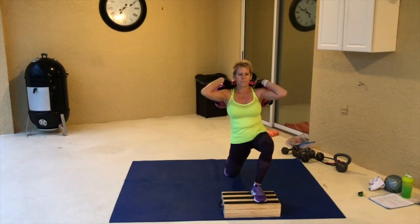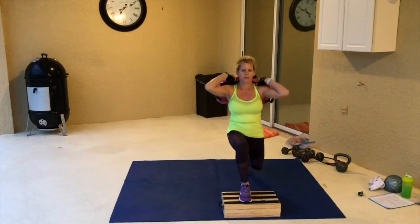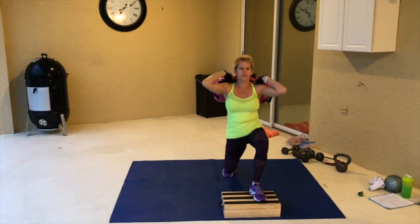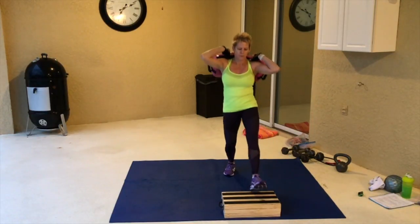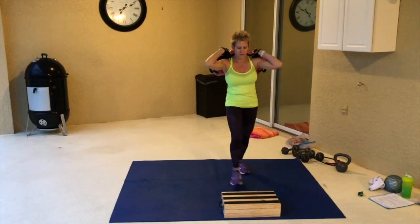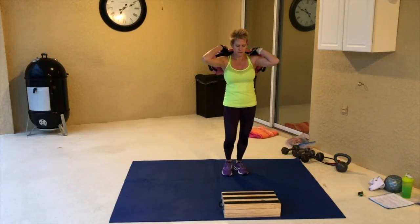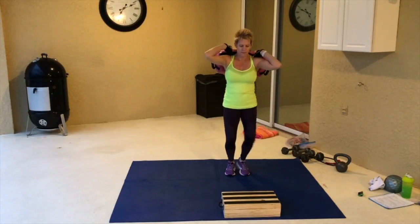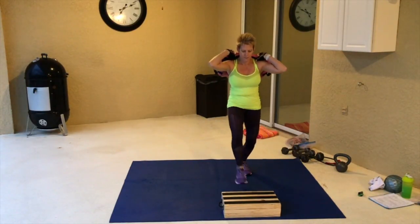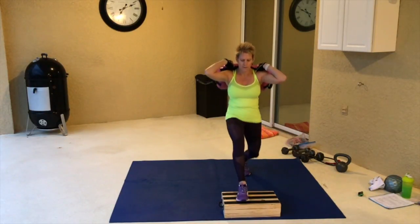There's 3. Dropping the knee down. You're not lunging with the top leg. It is the bottom leg that you're dropping. The leg that's on the floor is the knee you're dropping towards the floor. 5, 6, 7, 8, 9, engage the core, 10,